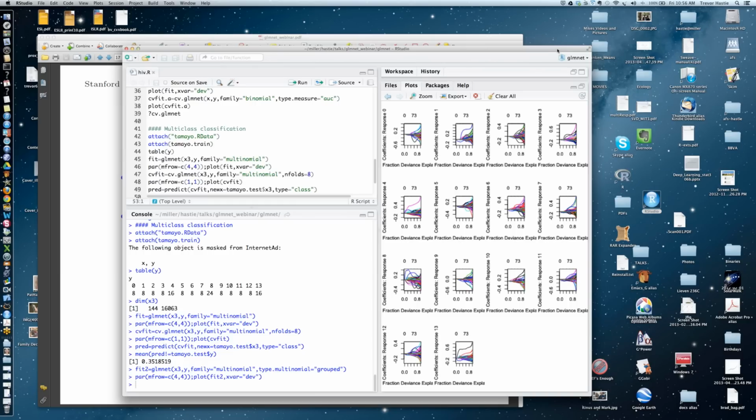Now the table was 16, but there were actually 13 classes, not 8. Oh, okay. The smallest number of observations per class was 8. That's what that was. So there were 13 observations per class. Okay. Yeah, and so